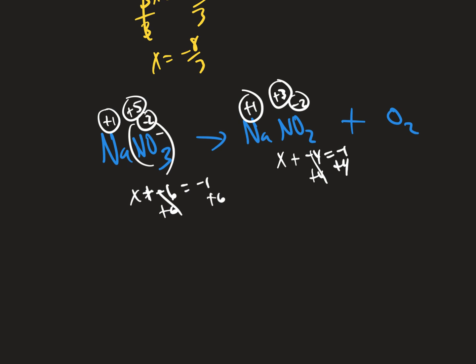So which one is reduced? Nitrogen goes from +5 to +3, so it's reduced. Good? Everybody follow that, or did I go too quickly? Okay, ready to move on? What about other ones you want the answer to? Okay, let's move on. So that's oxidation reduction. Next, let's talk more about